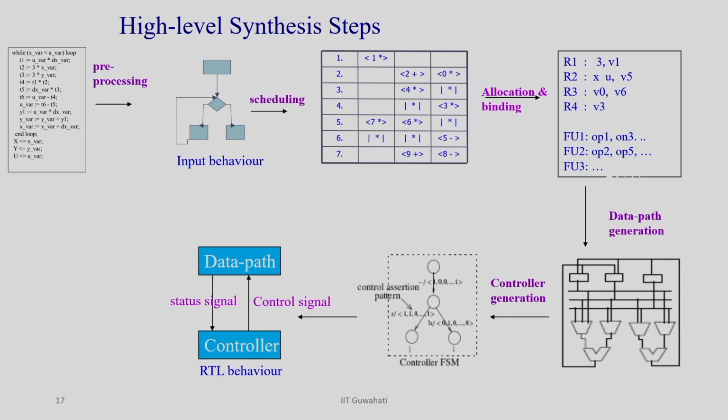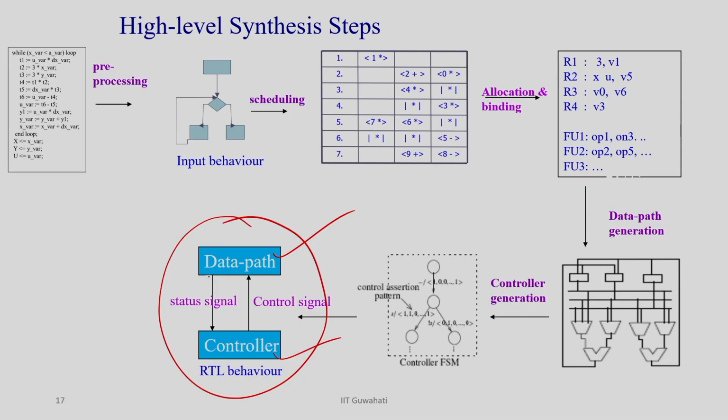So, this is where you have to make sure that whatever decisions have been taken in scheduling, allocation and binding are going to happen properly in the hardware, right. So, that is something the interconnections ensure. Okay. So, if you follow all these steps, finally you will get an RTL which has a separable data path and a controller, right. The data path is going to execute the operations, and the controller is nothing but an FSM, a finite state machine, where in every state it assigns these 1-0 signals and gives those values to the data path. As a result, the proper operation is going to execute in the data path, right.